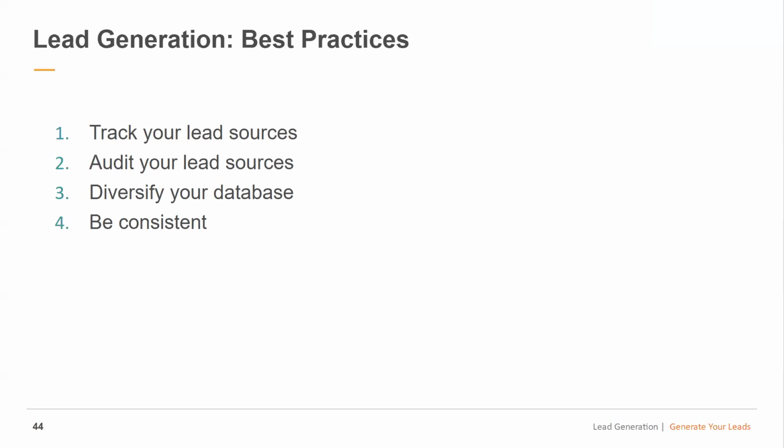No questions, but I was going to add that just by calling your sphere, you're able to get help in other ways, even if they're not buying or selling, because I was able to get permission to be a part of community events at a local racetrack and market myself there and put out all my flyers and my mailers. And I can use that as an opportunity because this is a racetrack that just got revamped. So a lot of the houses don't like the noise. So I'm going to be going there right around race season and be like, hey, I'm your friendly realtor. Do you not like the noise?